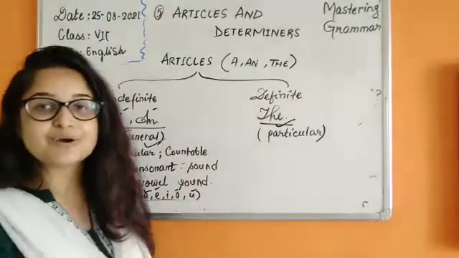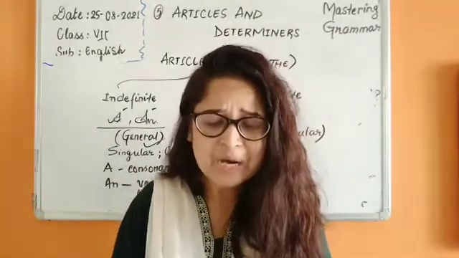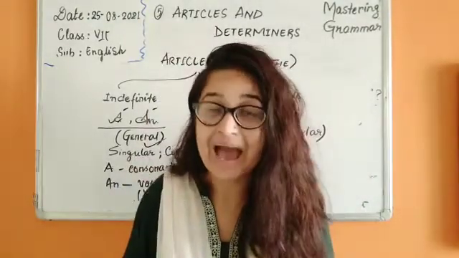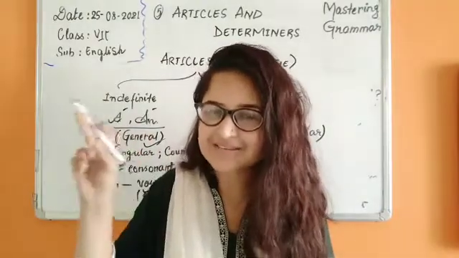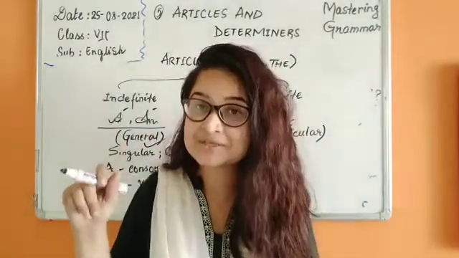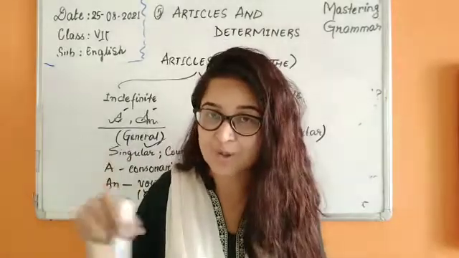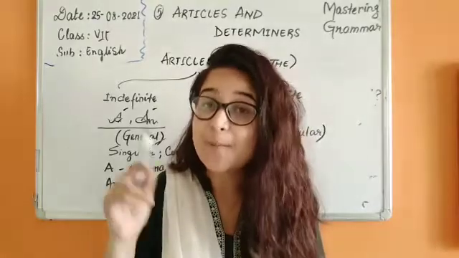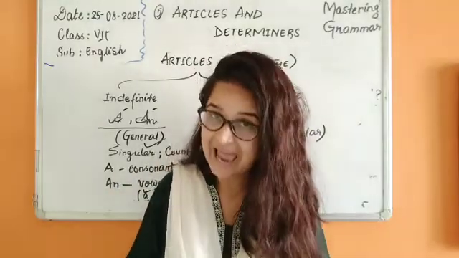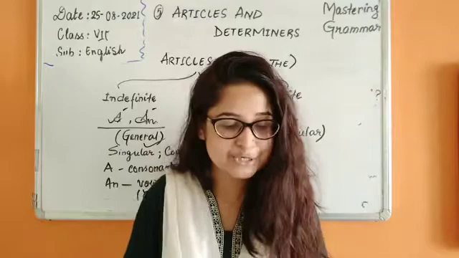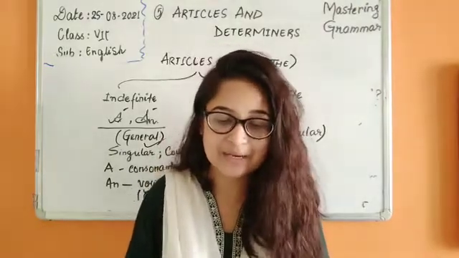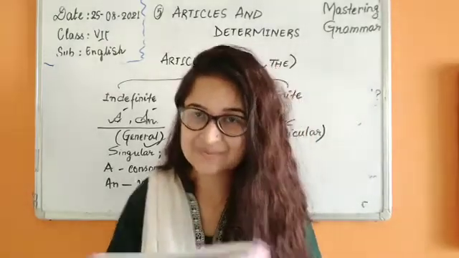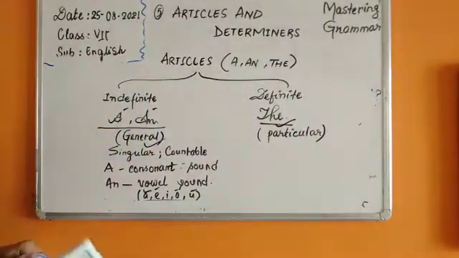I have already told you about this vowel sound. Now let's see some words, like here the example an umbrella. You see umbrella, the u is not taking the consonant y sound, your sound, but instead it is taking the uh sound. That's why we are going to use an. Now see here, some words begin with a consonant when writing but begin with a vowel sound when spoken, like honest. I hope you understood this, children.